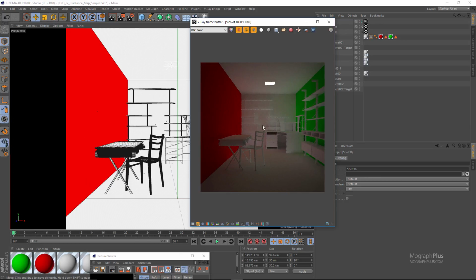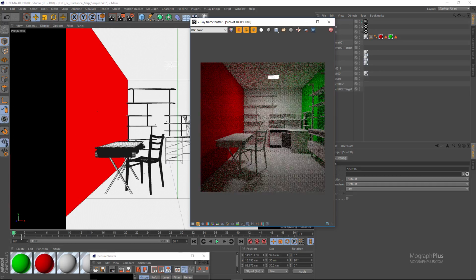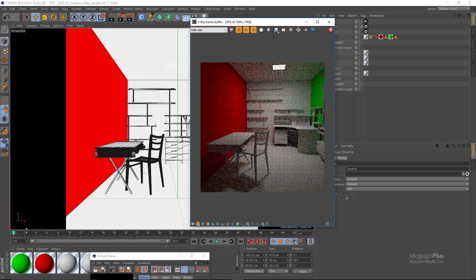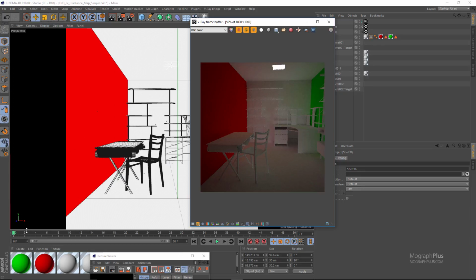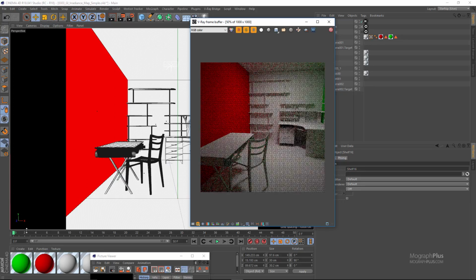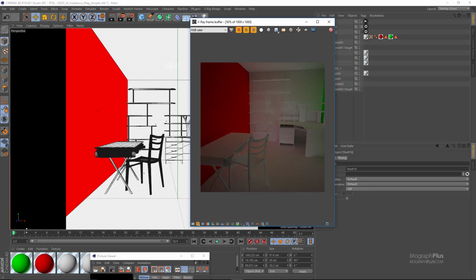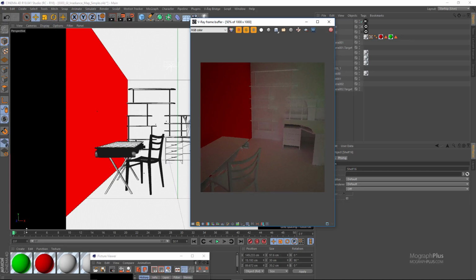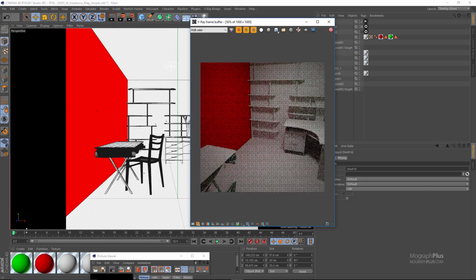And as you can see, the irradiance map is being calculated much faster because it already uses the information from the frame 0. So we go to frame 10 and frame 15. As you can see, as we go through the scene, because we have all of the irradiance map information from our previous frames, the calculation becomes much faster because we already have that information. So we can skip a lot of places that already have the irradiance map information. So it's probably gonna take a minute or two to calculate the irradiance map for the entire 50 frame animation